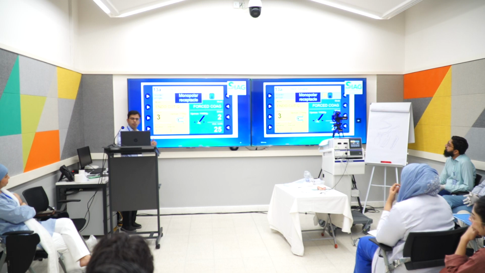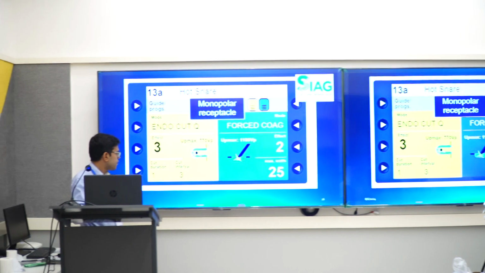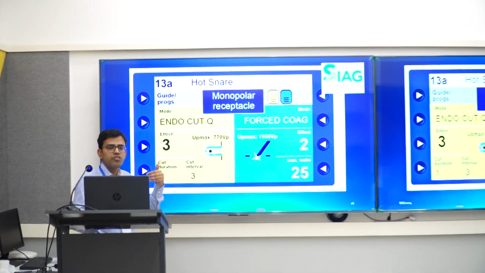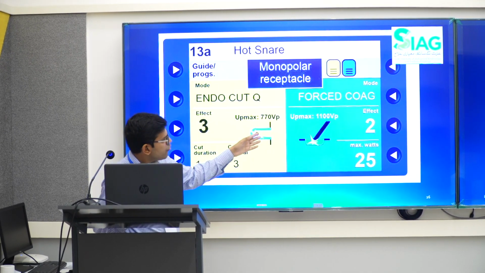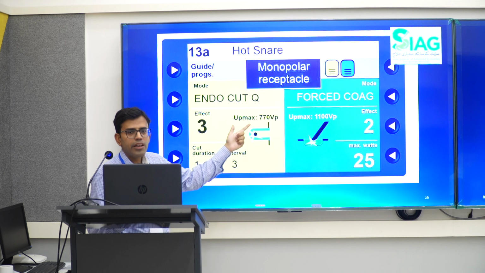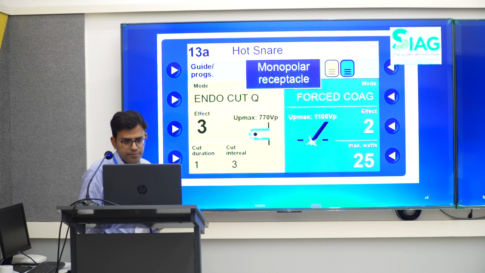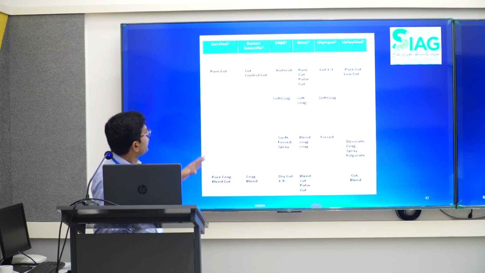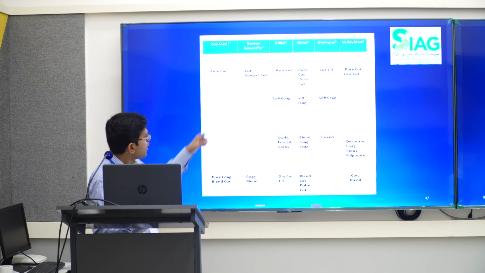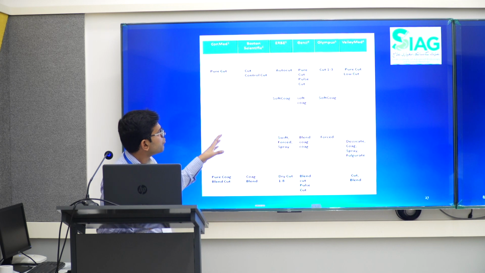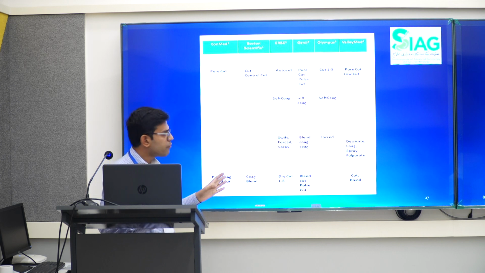Duration, again, there are 4 levels. If there is more and more fibrous tissue, we need more cut duration. Interval, again, it can be a rapid interval, or we can slow it down further. Coagulation we already discussed, whether you want a swift coagulation, a forced coagulation, and so forth. So we have different machines available. ConMed was the earliest, Boston Scientific we usually use here. We have ERBE now, which is more advanced. Olympus we have. So these are the different machines that are available for diathermy.